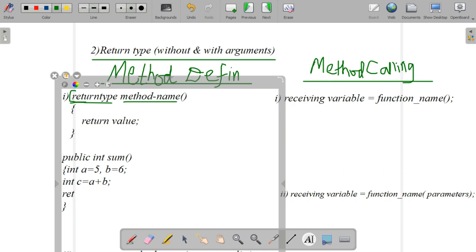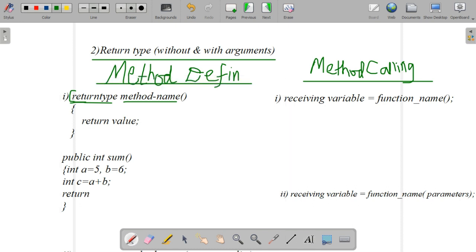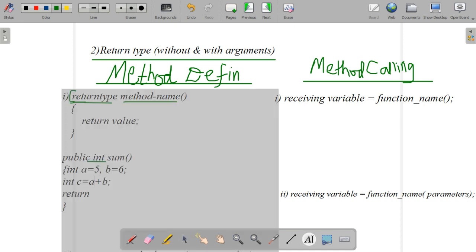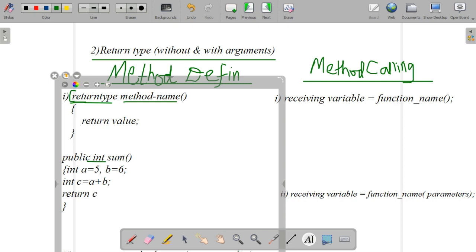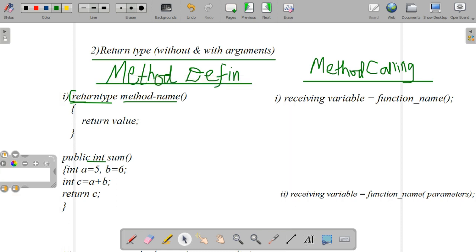In this variable c we are calculating the sum and we need to return it. This is an integer method type, so we need to return a value. Whichever value we calculated, that value we have to return. So for that we can write return c.